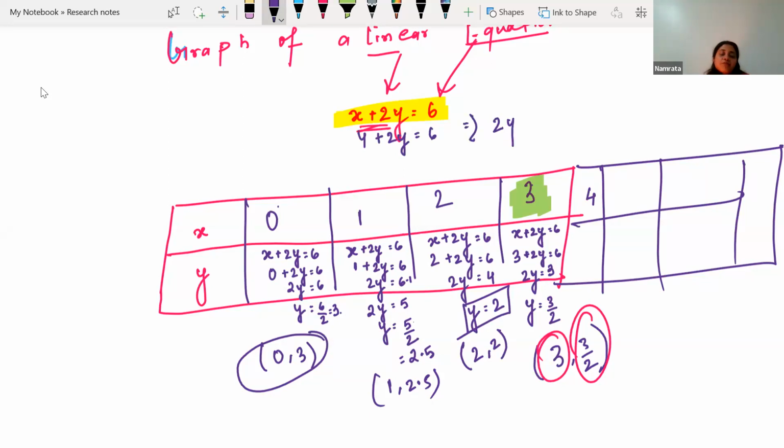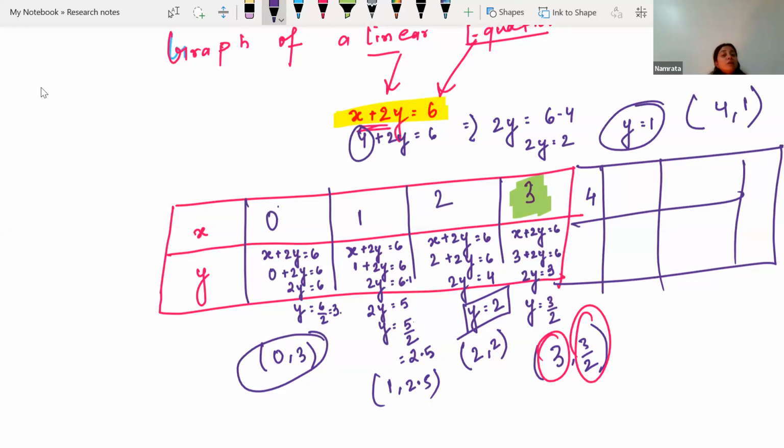So we will have 2y is equal to 6 minus 4. 2y is equal to 2, and here we are getting y is equal to 1. So when we have taken x as 4, we got y as 1. So one of the points we got, or you can say one of the solutions we got, is 4 comma 1. Now let's locate it in the